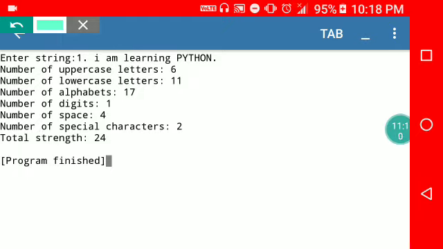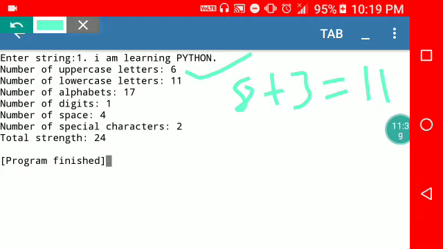Number of uppercase is 6. See here, I have written Python with an uppercase P, so the number of uppercase is 6. Number of lowercase is 11. I is lowercase, am is lowercase, learning is lowercase. So I am is 3 and here 8. 8 plus 3 is equal to 11.